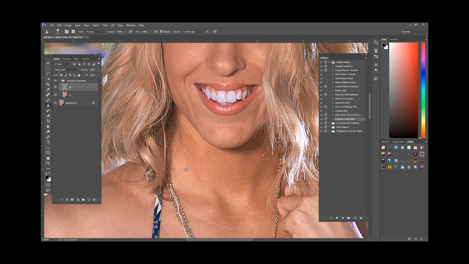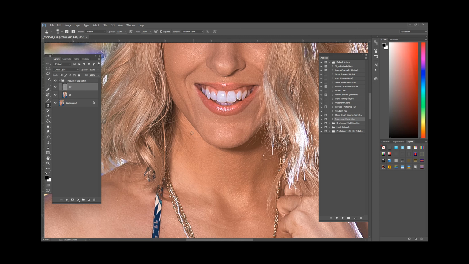For example, there is a highlight area here on the neck that goes to a darker area or shadow. So we can start to do some sampling there and notice how that smooths this area out and makes for a smoother transition. There again, the neck being an area of lots of texture,